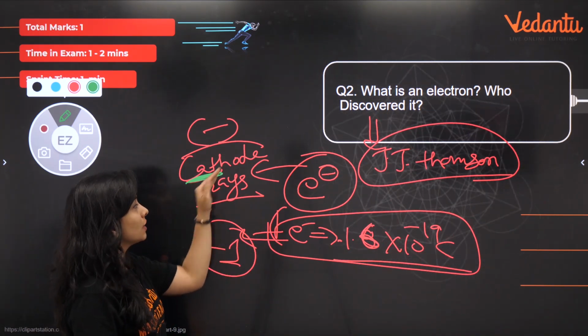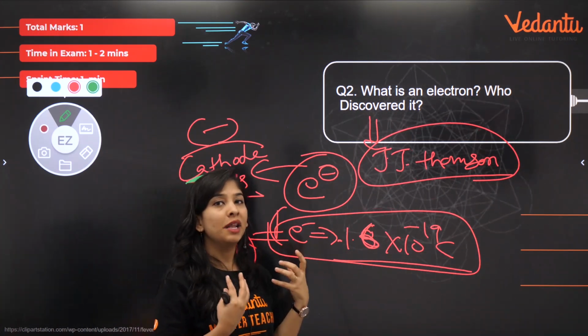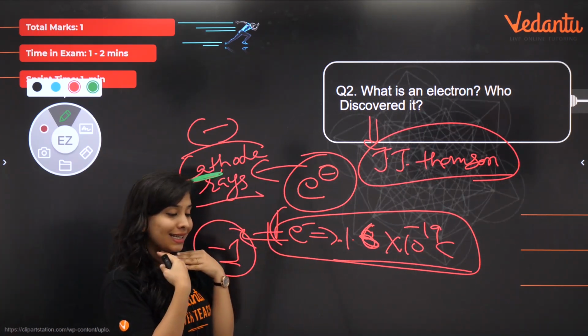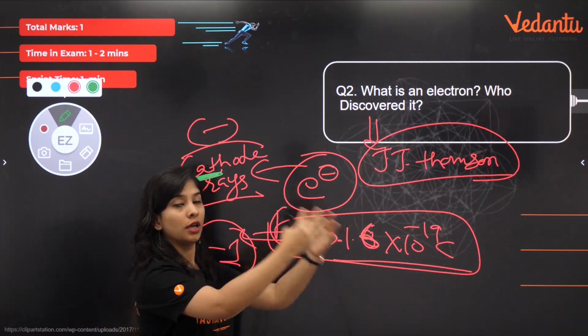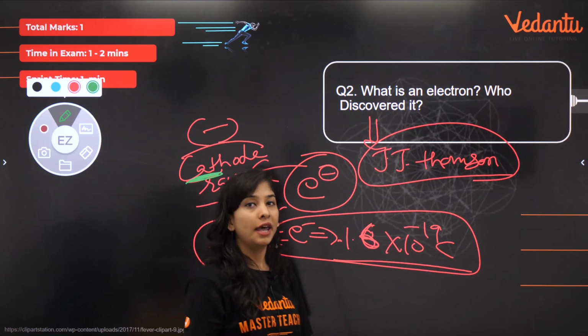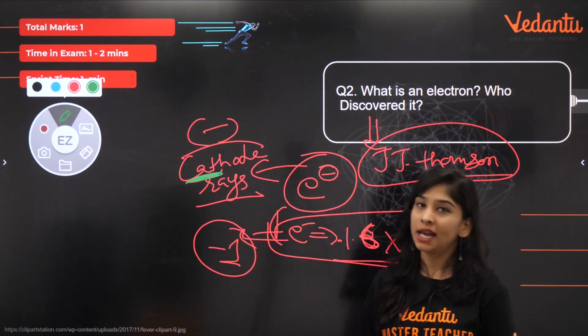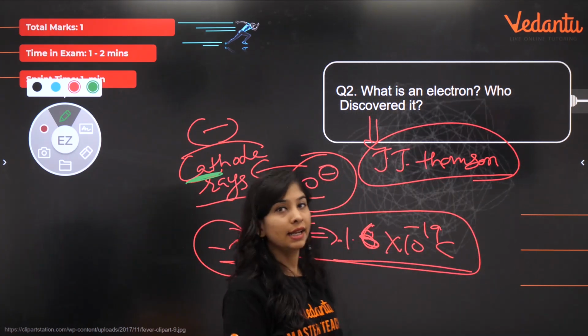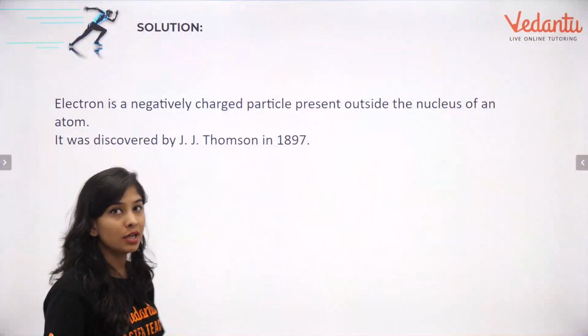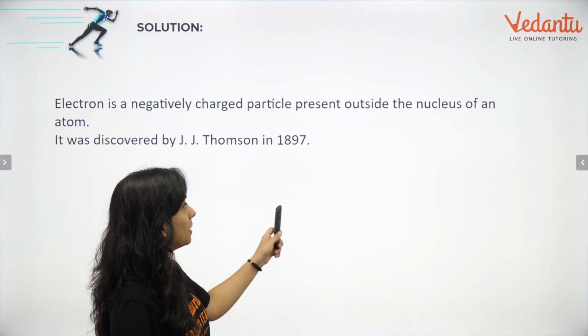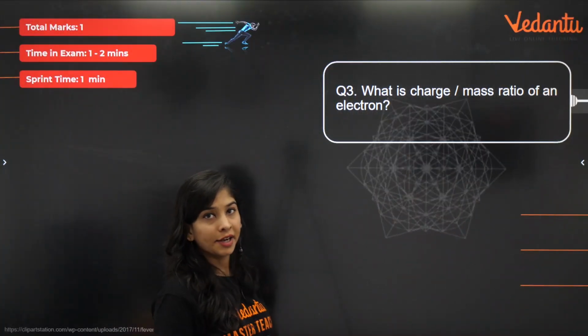Why we call electron as cathode ray? Because in the experiment it seems like it is coming out from cathode, which is your negatively charged rod. Okay, so this is the another name of electron given by the same scientist, right? This is clear? Very nice. So let's move to next question. We have done this question as fast as possible and I tried my best to give you a better understanding.